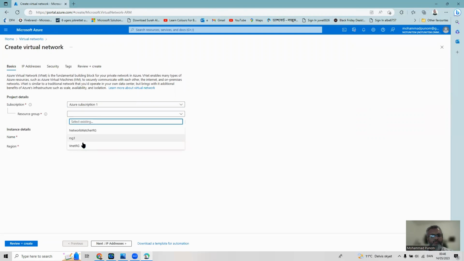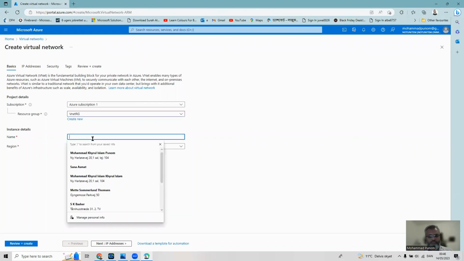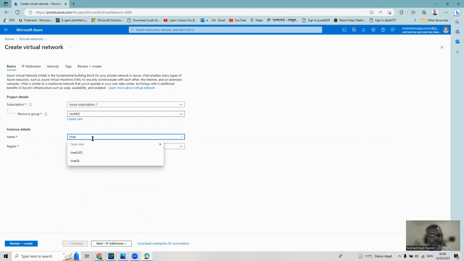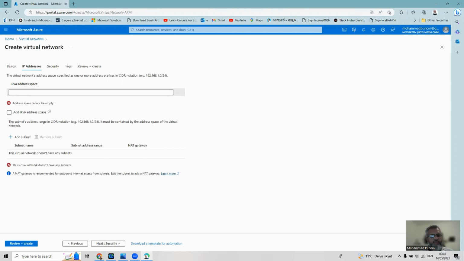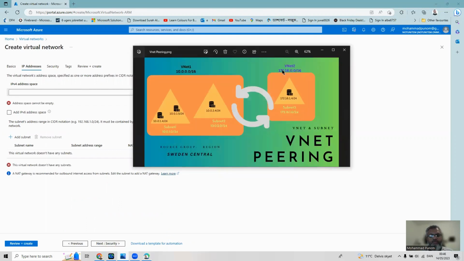Before that, I need to select the resource group. I select this resource group and VNet 2 as the name of my new VNet, with the same region and next the IP address. I delete this default IP from here, and according to the image, I need to give it